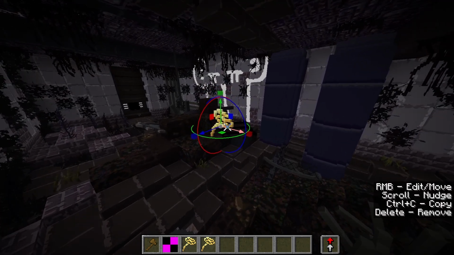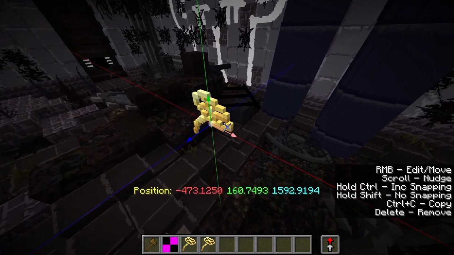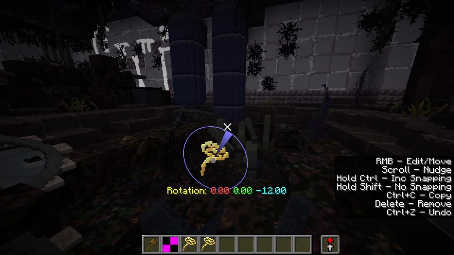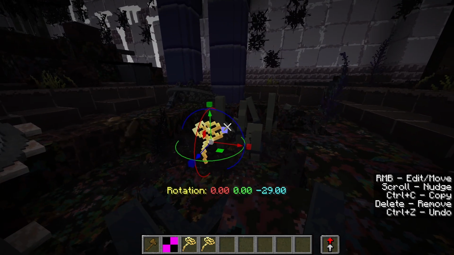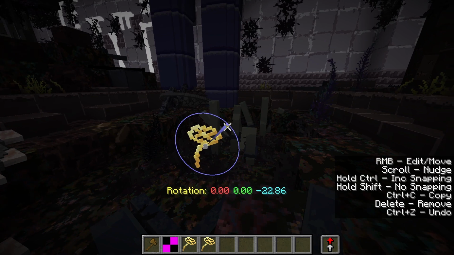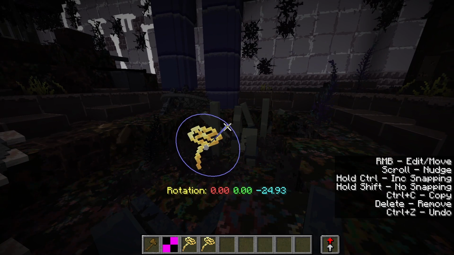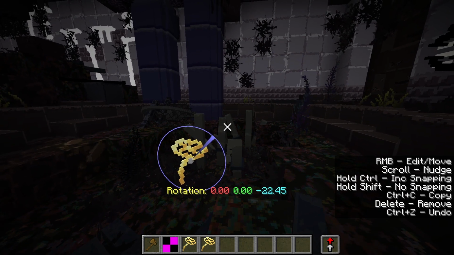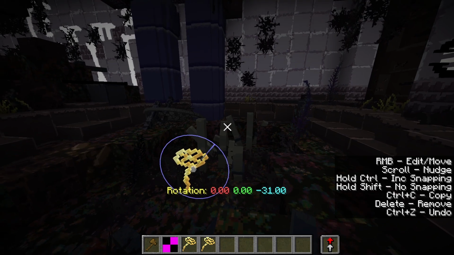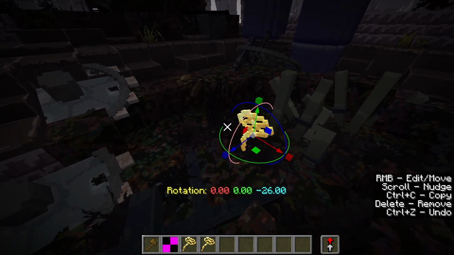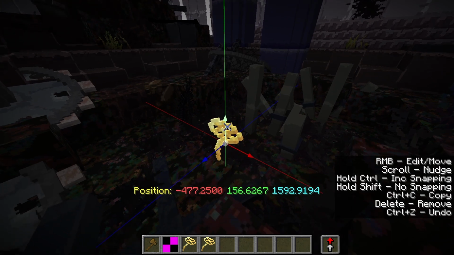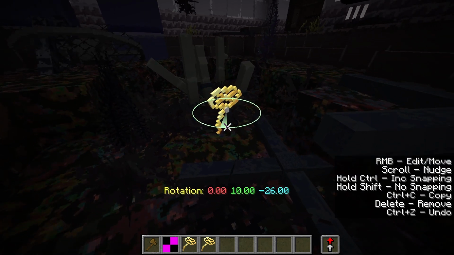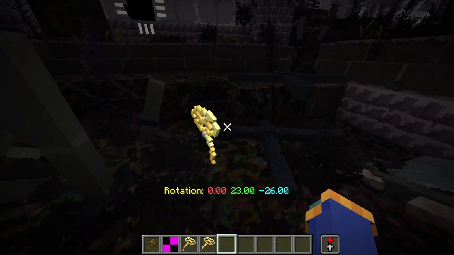Alright, so I'm just gonna drag this over here, about where it needs to go. Rotate it. If you want to be more precise, you can hold shift and rotate, and see it's moving in much smaller increments, not snapping to ones. Right now it doesn't really matter, so I'm just gonna unshift. Same works for moving. And that's good. Rotate it a tiny bit. And we have the karma